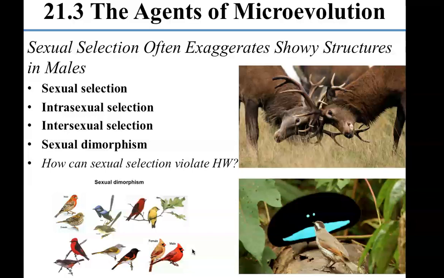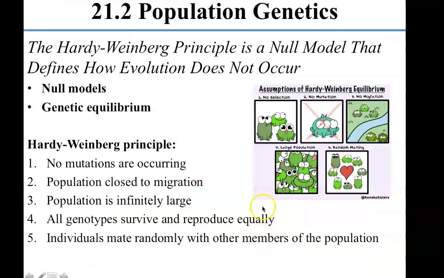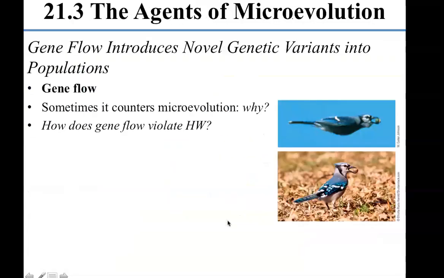How can sexual selection violate Hardy-Weinberg? Well, it's the same way that natural selection affected Hardy-Weinberg. So sexual selection leads to different phenotypes surviving and reproducing at different rates. So it violates principle number 4. All right, and then the last one